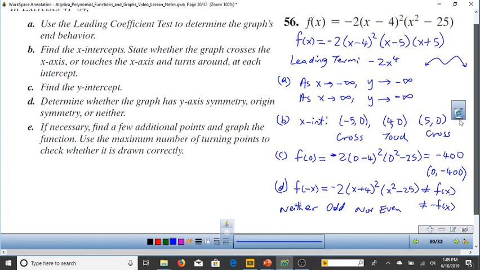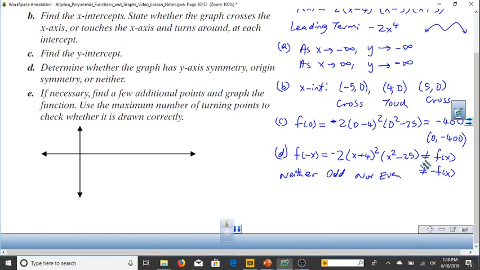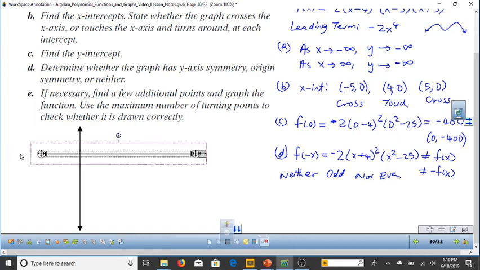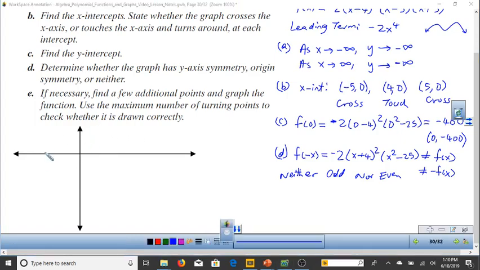And now for our little rough sketch of the graph. This graph is going to have a somewhat weird look to it because the axes are so wide. So let's see if we can make it look as proper as we can. The graph will cross the x-axis at -5 and at 4 and at 5. So the graph starts low, cuts through -5, then it will come down back to